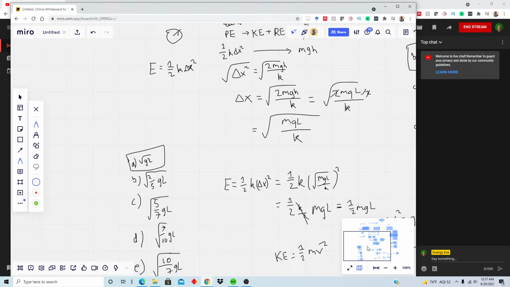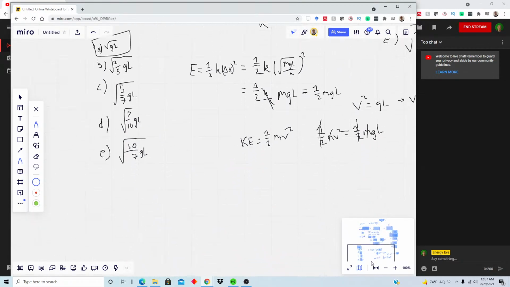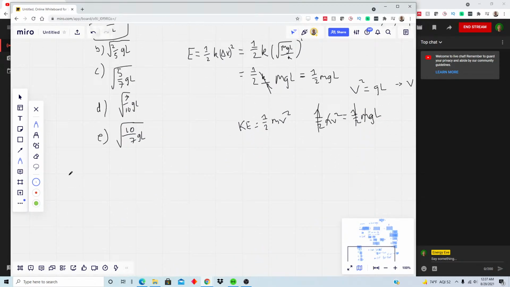And then it says, now suppose the ramp is waxed, so there is no friction. What is the distance the spring should be compressed this time? Giving the same responses. What's really interesting about this problem is that because it's waxed, we can make the assumption that there's just no friction overall. And so total energy overall should be the same. So when it's asking how much the spring would be compressed to reach the top,